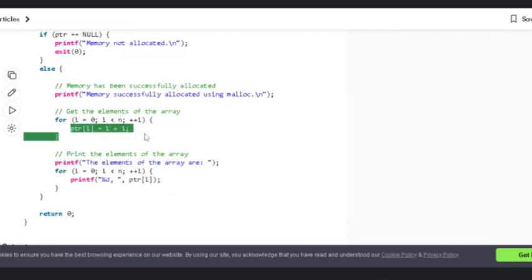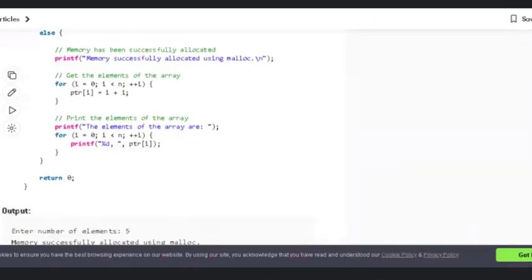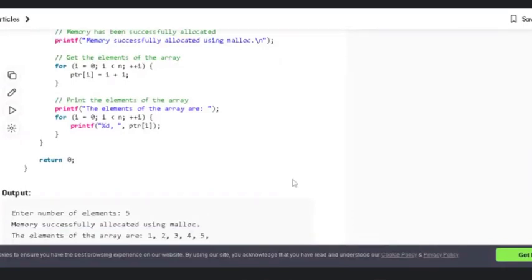In the sample program, what we are doing is scanning these values from the user. We are asking the user to give the values instead of directly taking the 5 values 1, 2, 3, 4, and 5. We are scanning the values from the user at runtime. So finally the values get printed.